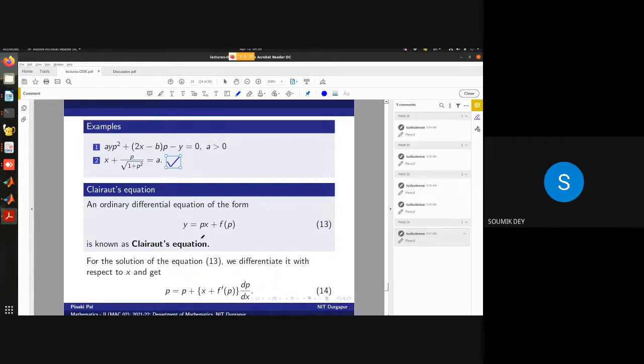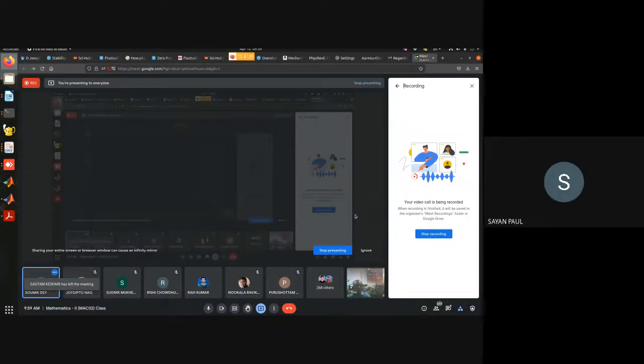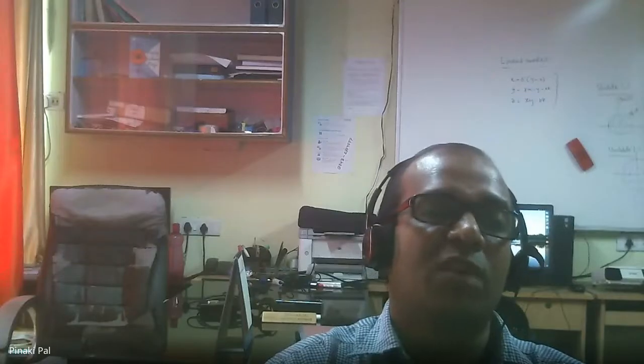So please stop the recording. Yeah, I have stopped. Sir, where will you upload the recording and the PPT notes? So you have to click on the stop recording on the right side. Stop. Achha, here I have to. No, sir, on the right side there is a stop recording. Yes. Where will you be uploading the recording of the class? Okay, so I will upload it in the MS